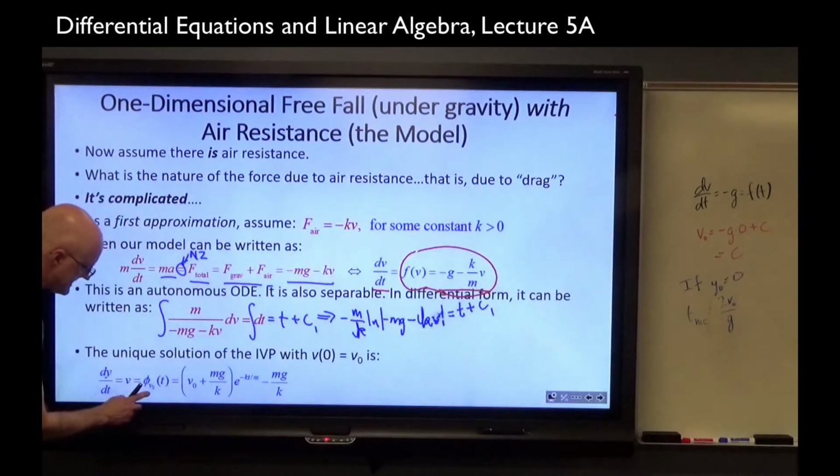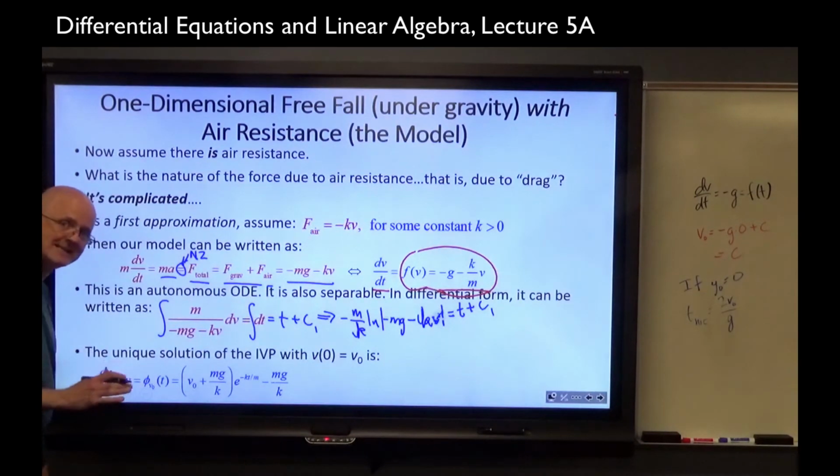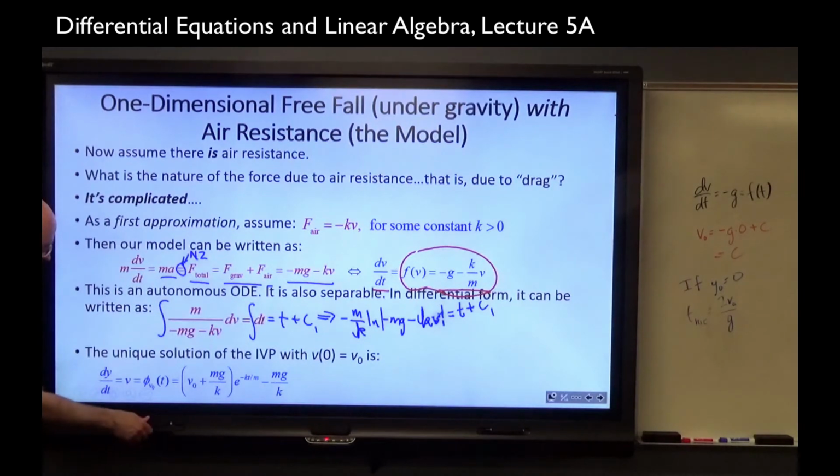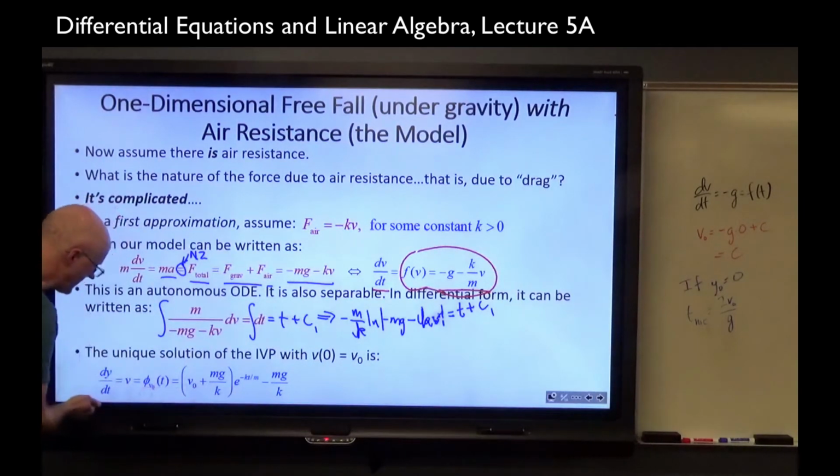Phi sub v0 of t is the solution function name, phi sub v0. I have done this in recent lectures. It's not necessary to do that, but we will find it helpful. It emphasizes the initial condition, the initial velocity is v sub 0, and it also emphasizes it's a function of t. I also am remarking that it does equal dy dt,